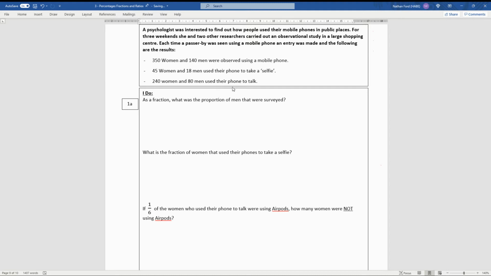So in this case, we want to find out the proportion of men out of everybody. So we want to put 140 on top because that's the number of men, divided by the total. So what's our total amount? We had 350 women and 140 men. So we do 350 plus 140, which gives us 490. Now, I could show you ways to do it, but you've all got calculators. So if you get your calculator and type that in,